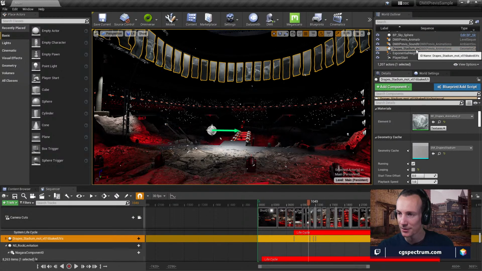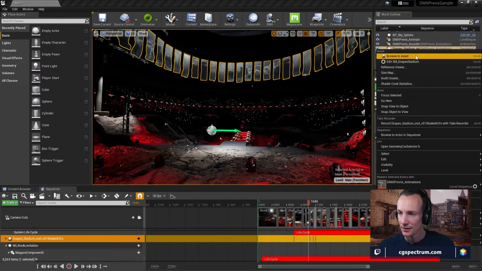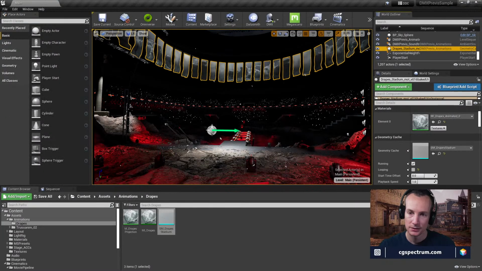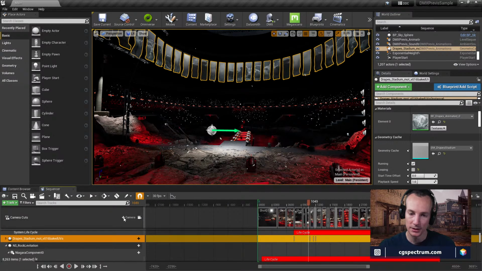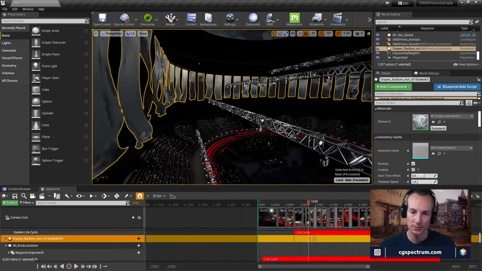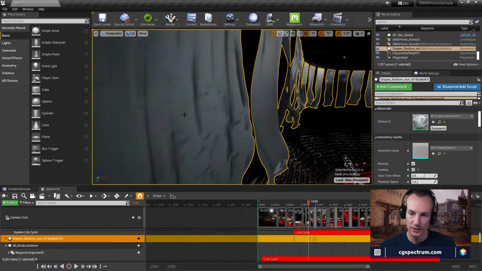What do they got here? Drapes? What does that mean? This is a static mesh without an actual mesh. Baked. Oh, an Alembic cache. Alright, so that's probably like a fabric created maybe in Marvelous Designer, or somehow they're making some sort of fabric simulation. Exported all as a cache,